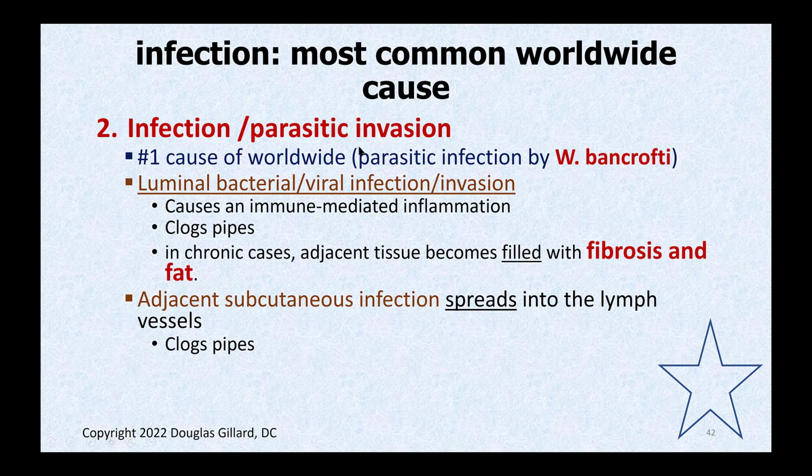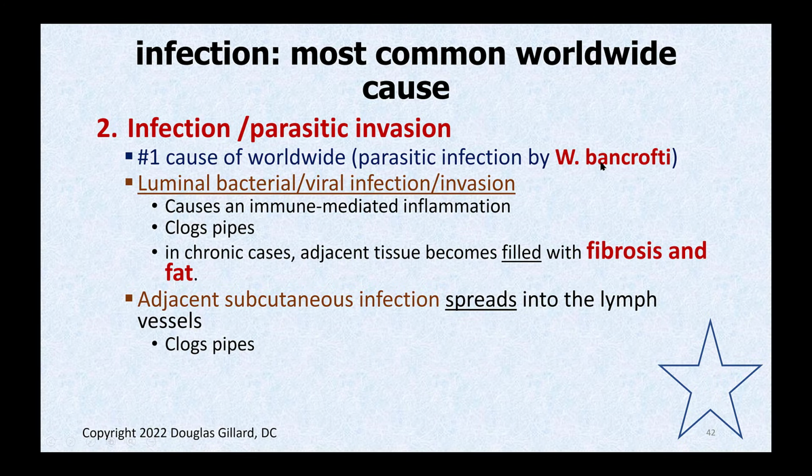Another one, not so much in our part of the world, but the number one worldwide cause of secondary lymphedema is a parasitic infection. And that's almost always by that W. bancrofti we've talked about before. It's a bug that just loves to go inside of lymph vessels for whatever weird reason. So if you've got this bug inside the pipes, it takes up space and acts as a beaver dam. Plus the bug can stick to the valves and burrow in there and try to breed there.